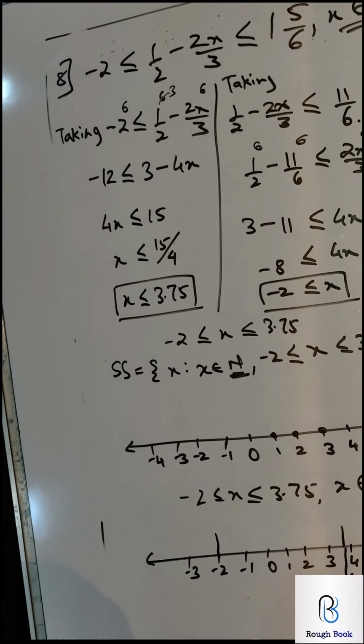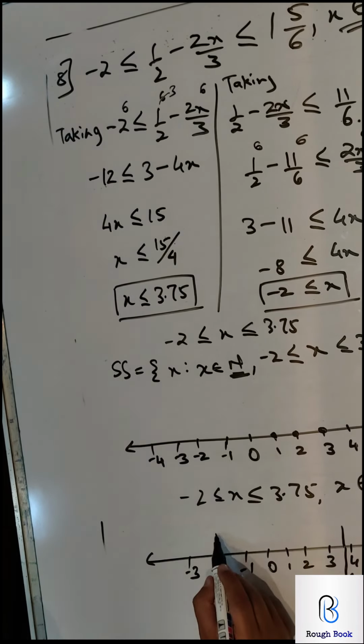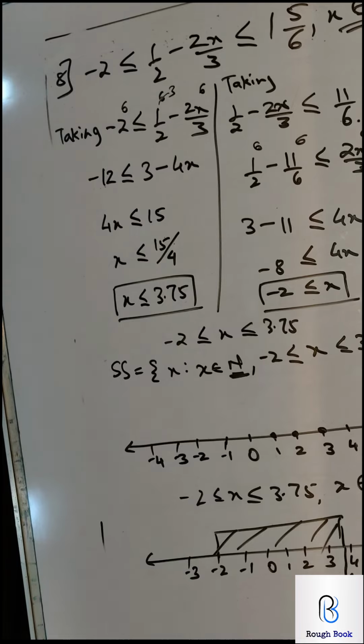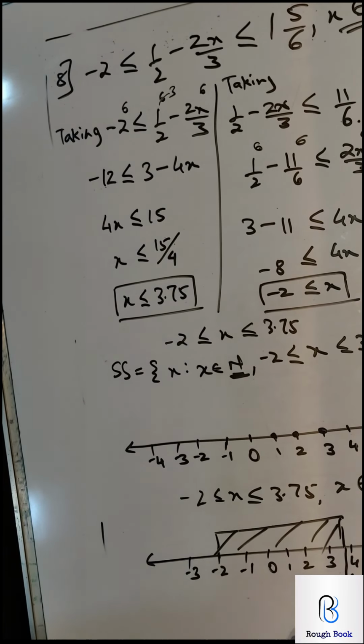But you need to mention that this is 3.75. If this thing is not mentioned, you will definitely lose 1 mark. Join the two and shade it. So this 1 mark is lost if I don't mention this. Although I may plot it at the right point, that doesn't really matter, but mentioning it is very important as per the words. So please take care of that.